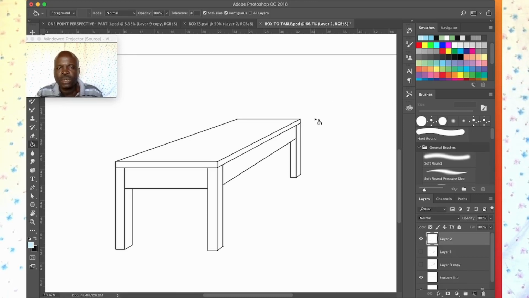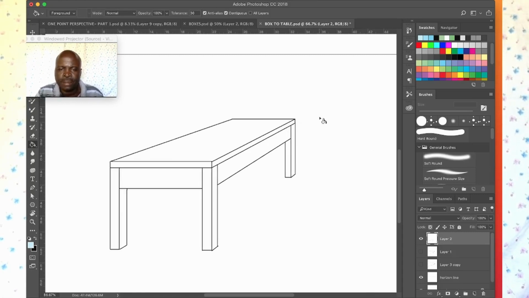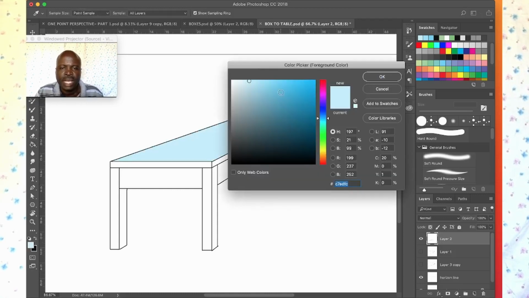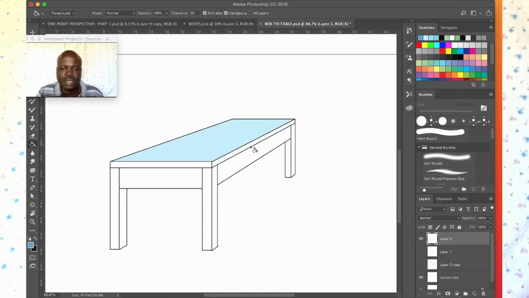To make this table look complete, we are going to paint it. In your case, you can use coloring pencils, you can use watercolors, whatever you have available. In my case, I'm using Photoshop, so all I need to do is pick my paint bucket, select a color, and drop the colors onto the spaces within the table. Alright, so for the top, I am going to use color blue. I like blue. So we drop a light blue color there, then we pick a darker version of the same for the sides of the table,